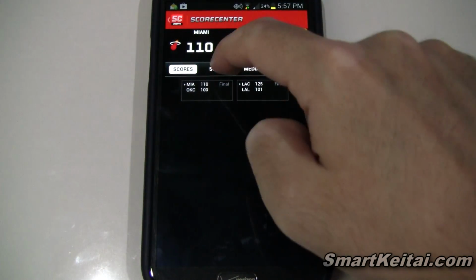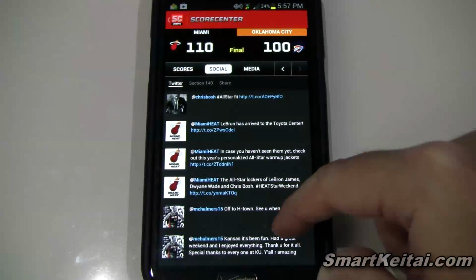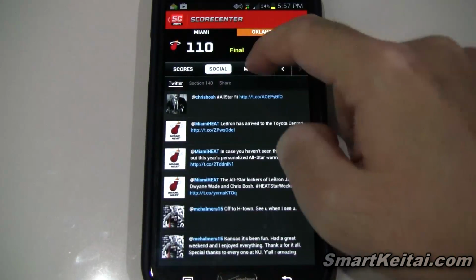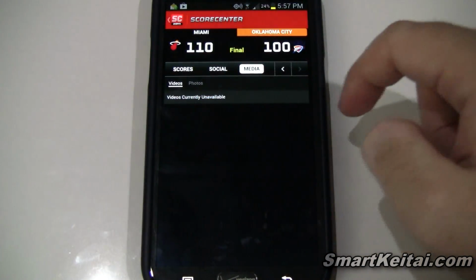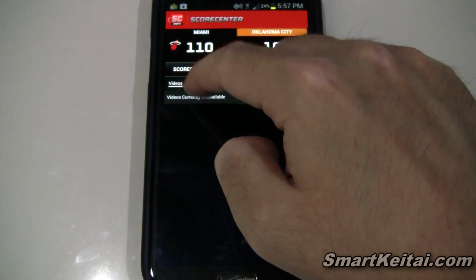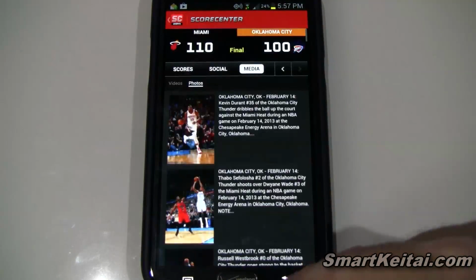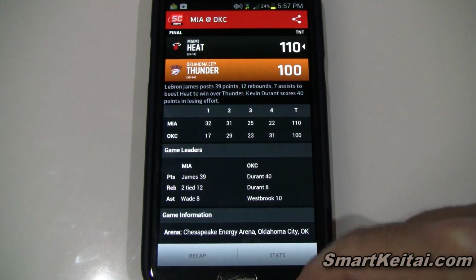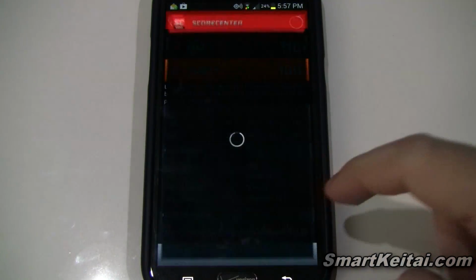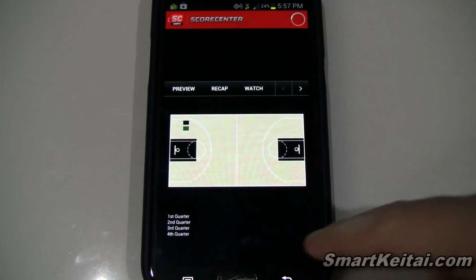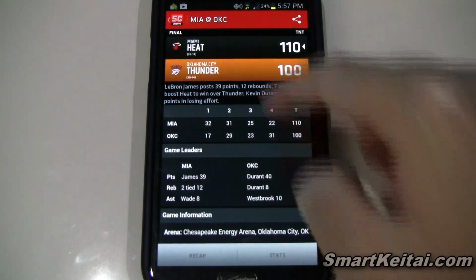scores for that night around the league, Twitter. Media, it looks like videos would be there, but it's not working right now. And then here we have photos. So lots of information to keep up with your favorite team. I believe this actually goes to the same spot. So let's go back out of here